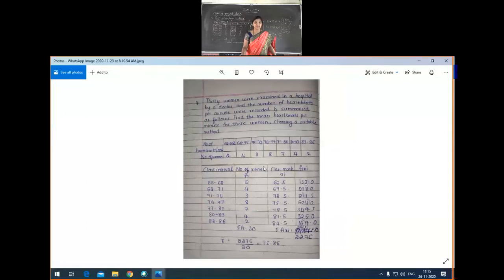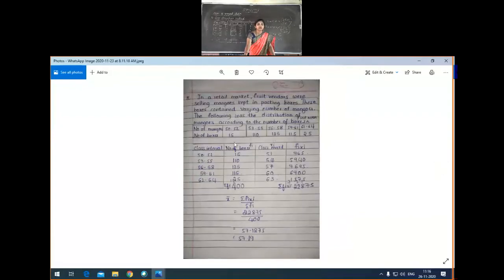Okay. So, class interval, Fi, xi, Fi xi, this multiplication. Are you facing difficulty in multiplication here? You can observe this rough work. So 2 into 66.5. For this type of big data xi, you can go with the assumed mean method or step deviation method. So here we got the answer as 2276 divided by 30, that is 75.86. You can solve this problem using the step deviation method or assumed mean method also.